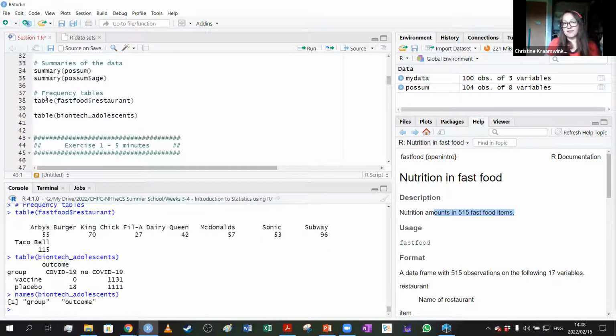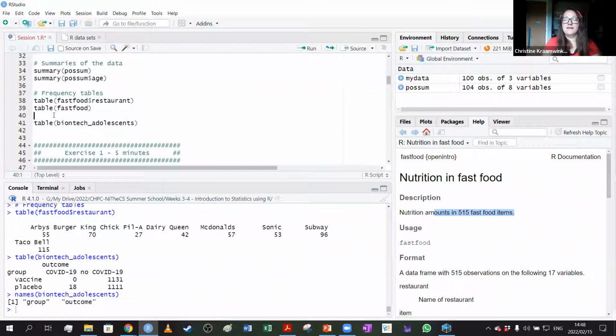If you do the same thing, maybe don't try this right now, but try it later on. Do table just for fast food and run that. You will see that it gives you an error because there's too many dimensions. I think it ends up telling you there's over a gig of data and it can't process it. So you can make silly mistakes like that and it will tell you there's something too big happening here. But if you have a small data set with just 2 variables, it will just do a cross tabulation for you automatically.